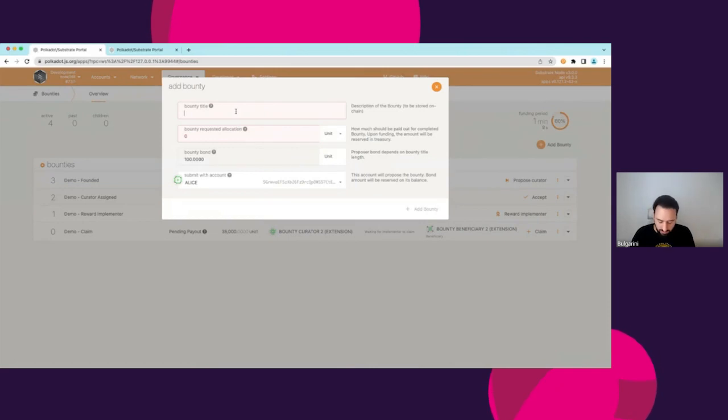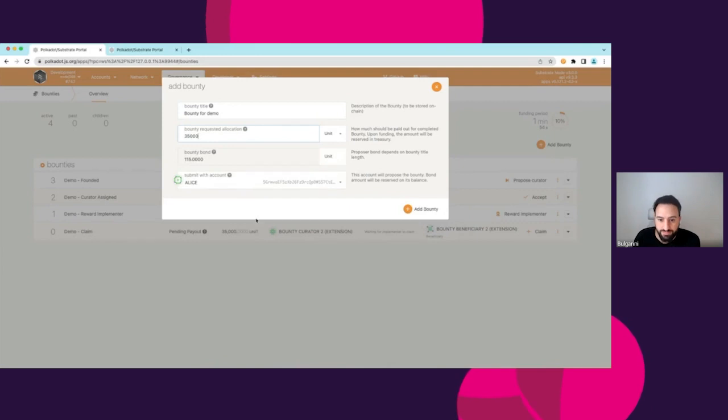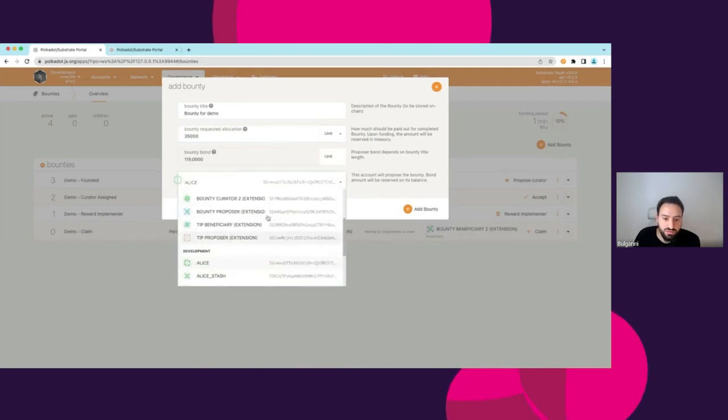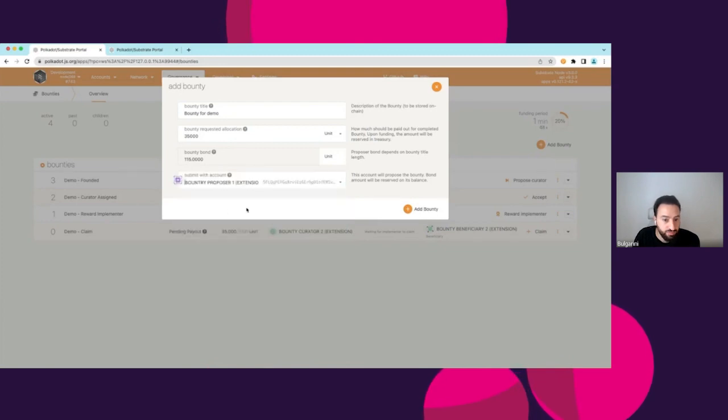So what we are going to do is say, let's say, bounty for demo, right? And let's ask for 35,000, okay? And I will use this account, which is bounty proposer, okay? So basically,